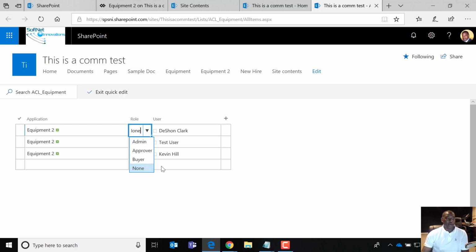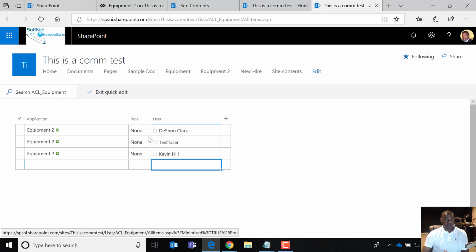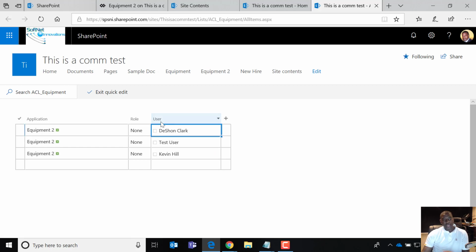Now, what I would not use this list for is the end user, like someone who just needs access to submit a request. That's not what this list is for. This list is for that role that's above or beyond the standard submitting the request role, to give them additional capabilities. And then in this last column, a user column, this is a person or group column,